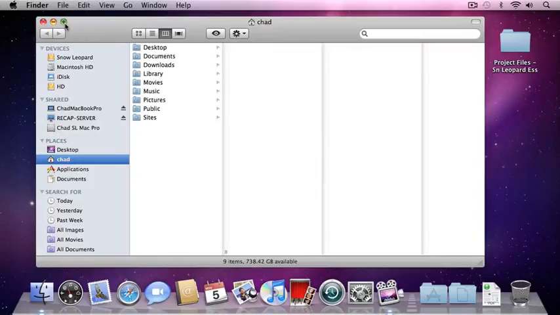Finally, one trick you can use to view your current folder structure is to hold down the Command key on your keyboard and click on the title of the window at the top of the Finder window. So if I click on that, you can see the current path to the file that I'm looking at. And that's all there is to